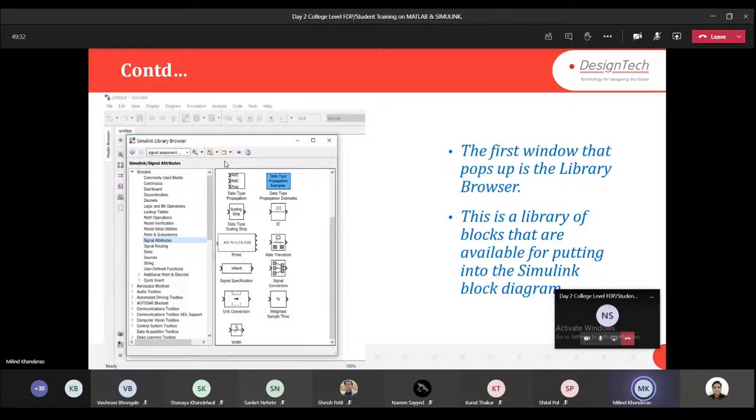Joining the blocks, we need some lines. Line blocks are used to generate, modify, combine, output, and display signals. Simply, we can pass the signal through that line, whatever interaction we do goes along that particular line. That is the connection. Then the sources, which we use to generate the